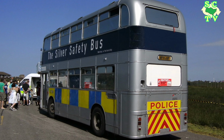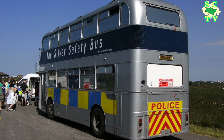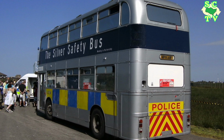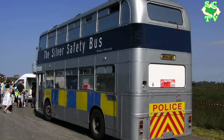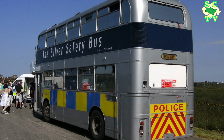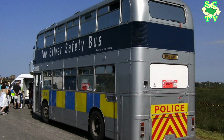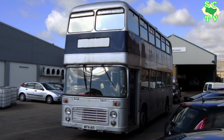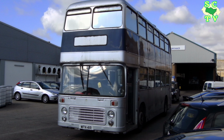In 2003 she was numbered 15741 in the Stagecoach series, even though by now she was fully owned by Kent Police. This is because Stagecoach was still maintaining the vehicle on behalf of the police. That same year the interior was given a refit, and in 2006 she was repainted in the attractive silver and blue livery she wears today, which is very similar to the Jubilee buses of 1977, isn't it, when the Queen celebrated her Silver Jubilee. In 2011, her career with Kent Police was over, and she was handed back to Stagecoach